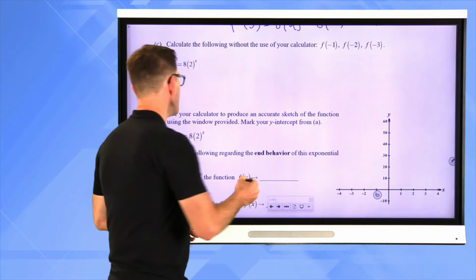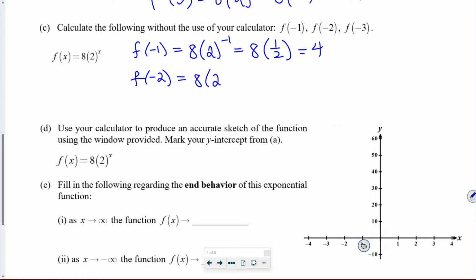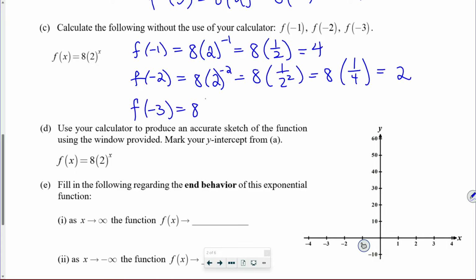All right, well, let's do it. Good chance for us to review negative exponents as well. F of -1 is going to be 8 times 2 to the -1. That's 8 times 1/2, and that's 4. F of -2, 8 times 2 to the -2. That's going to be 8 times 1 over 2 squared. 8 times 1/4, and that's 2. And f of -3, 8 times 2 to the -3, 8 times 1 over 2 cubed, 8 times 1/8, which